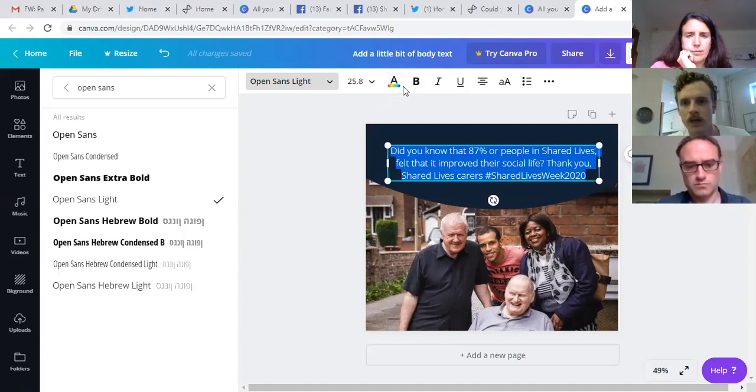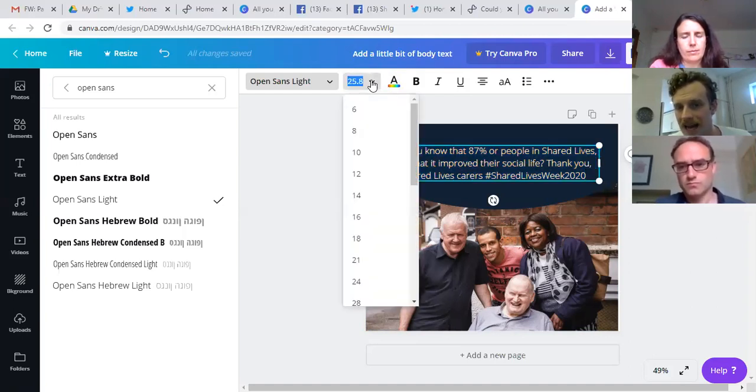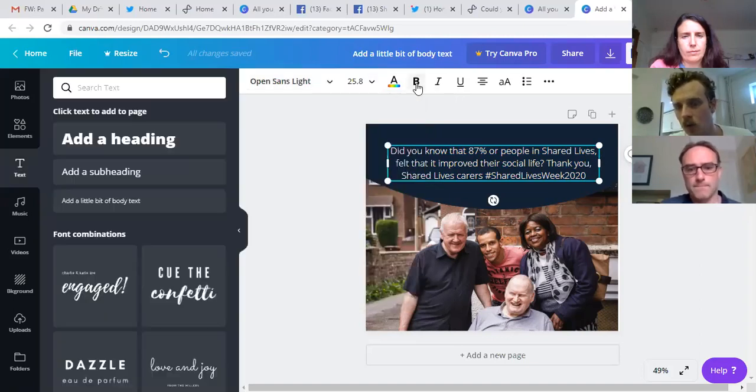So we've fiddled around with the size of the text box. You can actually, up here, manually change the size of the text as well. So if we wanted it to be massive, we could select a different number here on the font size, and likewise we could make it smaller. And finally, white as a text color works quite well here because it's on a dark bluey grey background, which is one of our brand colors.